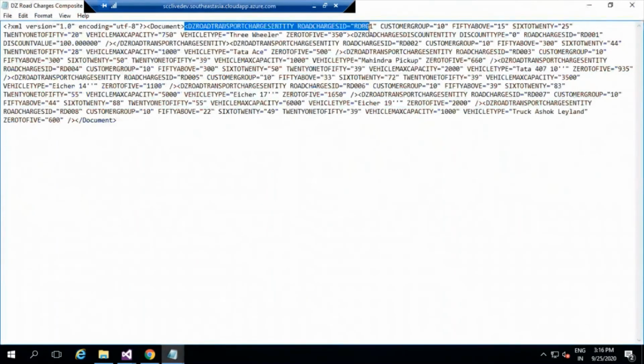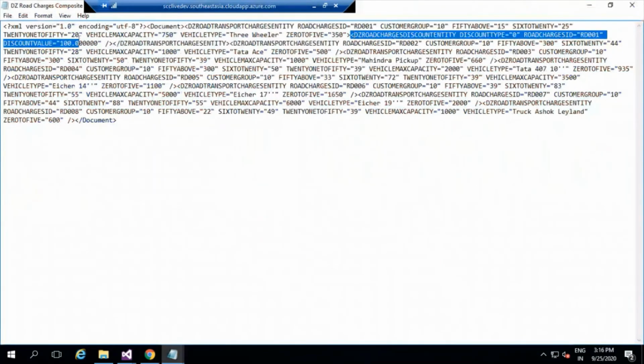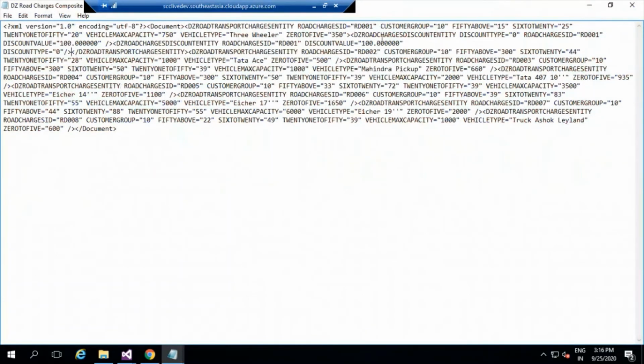From here to here, okay, so we have a charges discount entity for the first one. So I'm going to insert a new line, and let me call the discount value to be 200. I'm just entering the second line actually for the first one. And the discount type to be 1. The reason is, with the same RD001, I can't have the same discount type because it's a violation of a primary key.